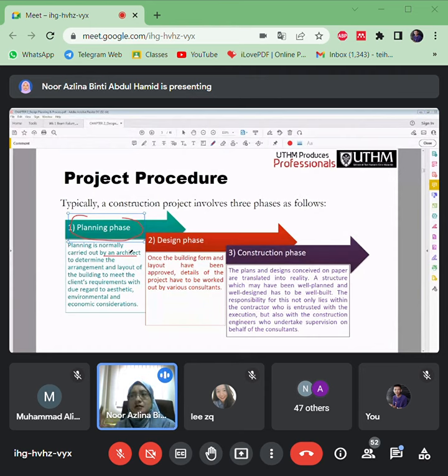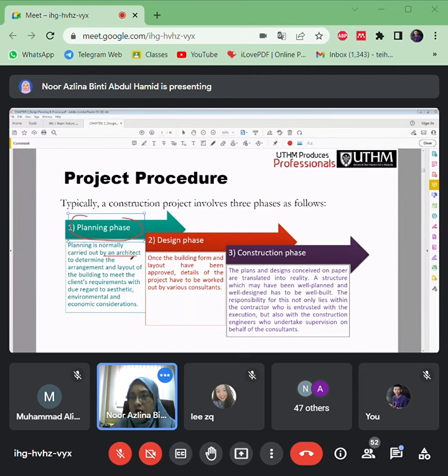So the first plan, the first drawing, comes out from the architect. They will determine the arrangements, how the layout of the building should basically meet the client's requirements. It's their building, but the idea and the discussion should be between both the client and the architect.